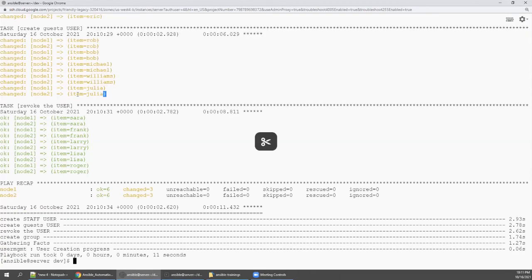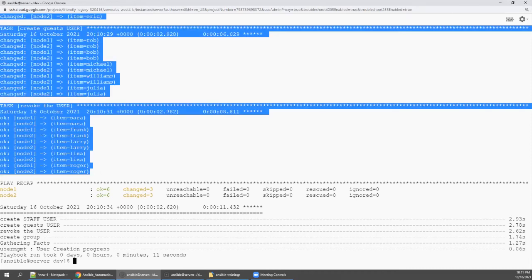Williams and Julia. So these are all guests, and even Sarah will be removed. The reason why we are getting green is there is no user. If it is there, it will show us yellow because it changed, right? So every time it will go and check. If it is not there, it will show us green, right?